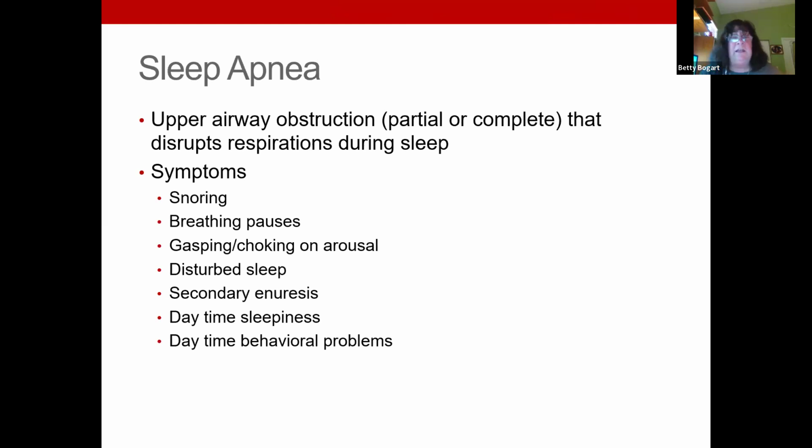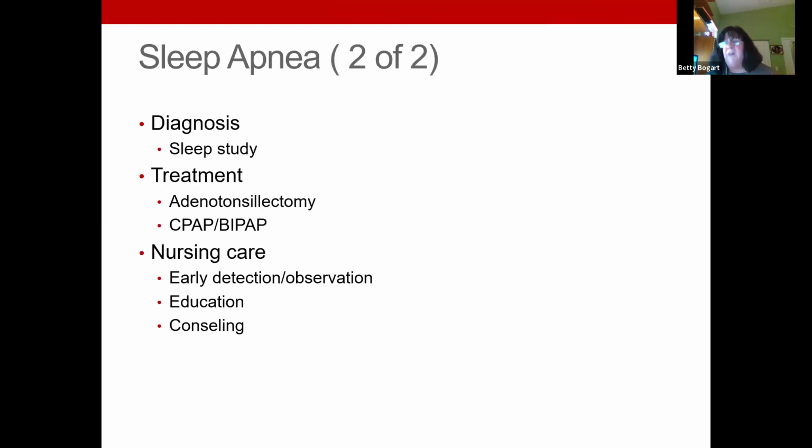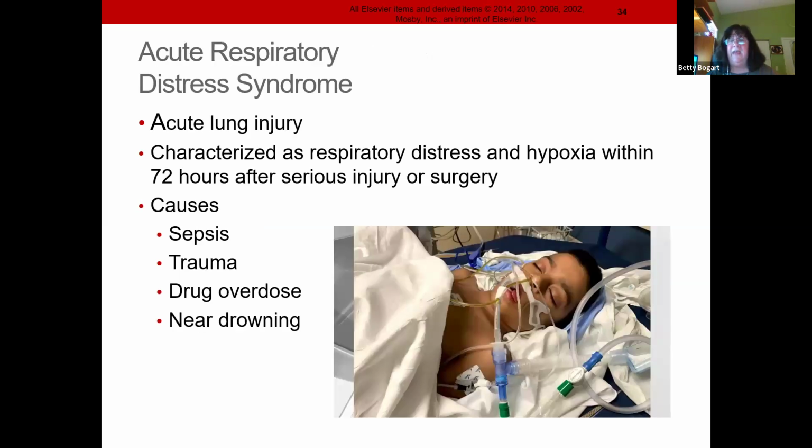Sleep apnea, I think many of you have it. Kids, just because they're kids doesn't mean they don't. Again, sleep apnea, and they're not getting enough sleep. They're cranky during the day. They want to sleep during the day. So again, finding out, are they having apnea, and doing tonsillectomies, adenoidectomies, or that machine that older people wear. Well, they're going to do it too in order to get the sleep that they need. So it's having parents and children understand it so that they can get the help they need.